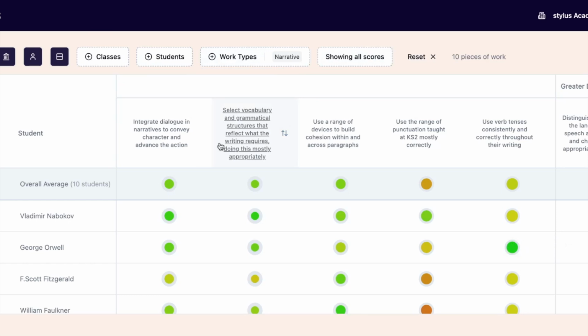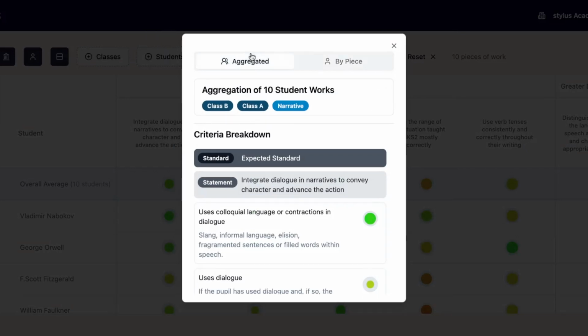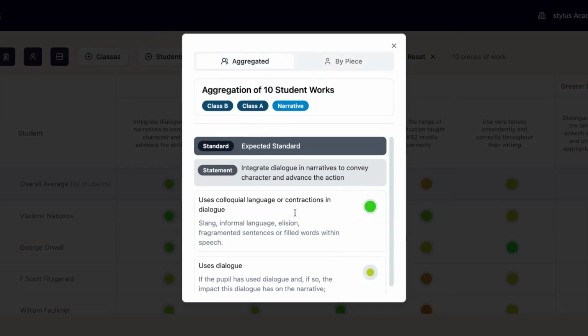One of the things I wanted them to try and do was include a list of 3 or 4 lines of dialogue that show what people are saying and how excitement is building in the area, the village where this event's going to happen. So I'm going to go on to the first criteria here, integrating dialogue, and just check the aggregated view,